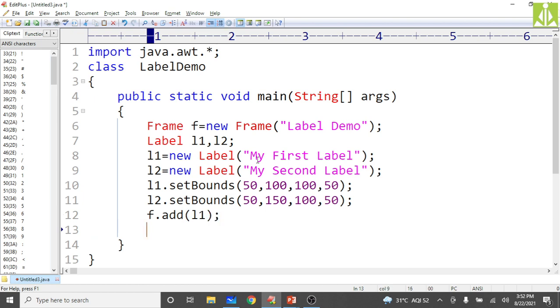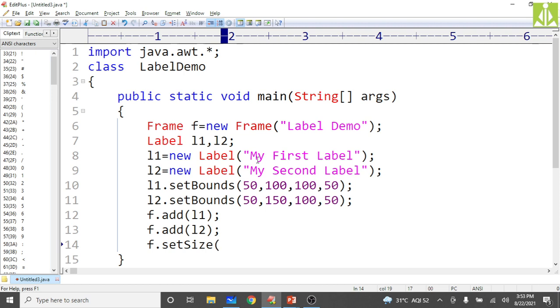Then add the second label also, f dot add of l2, the second component also got added. Now set the size, because we have given the coordinates for the labels, but we have not given the size of the container, the backside container. That size we can give with the help of set size method.